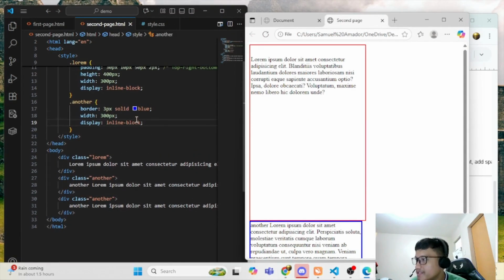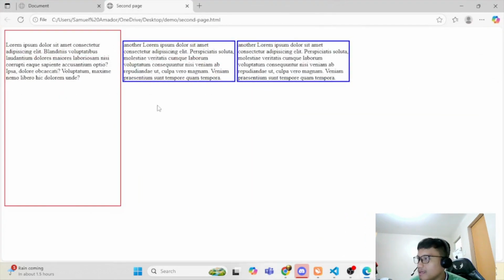So for instance, you notice that the second and third box is aligned with this text here. So it should be aligned at the top.